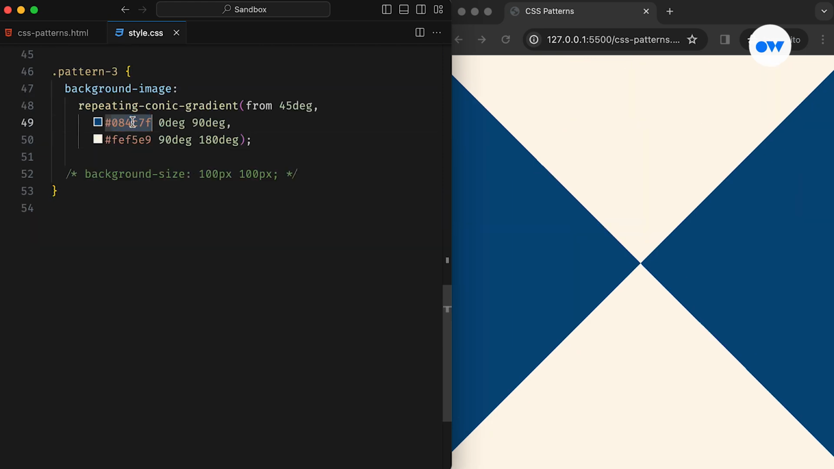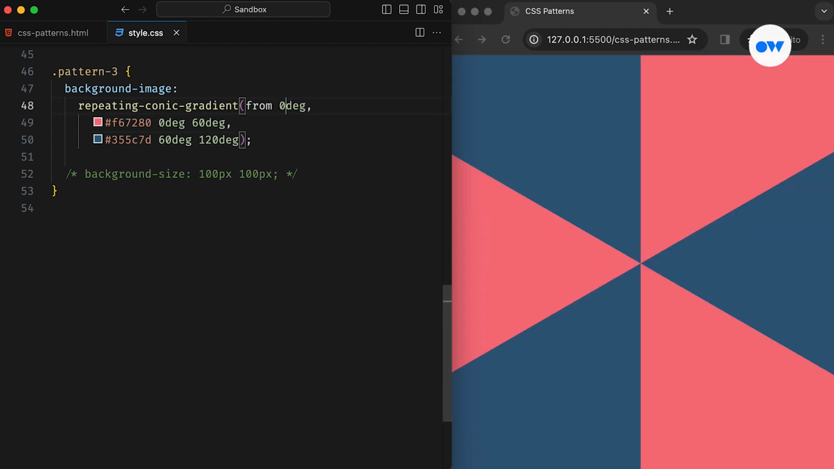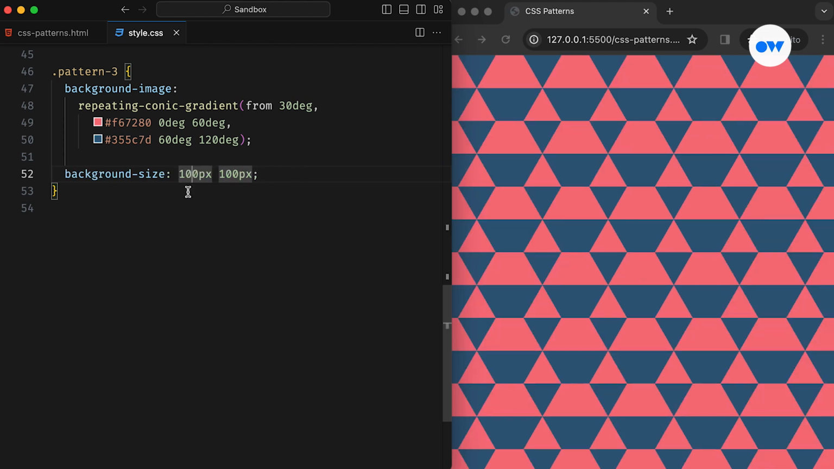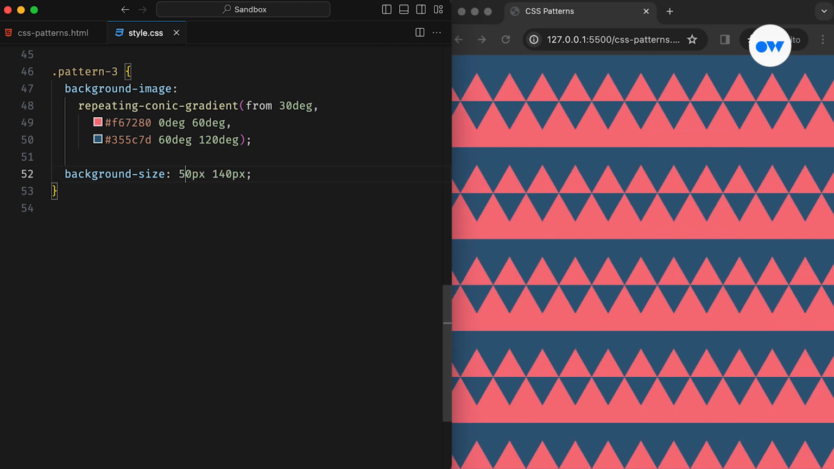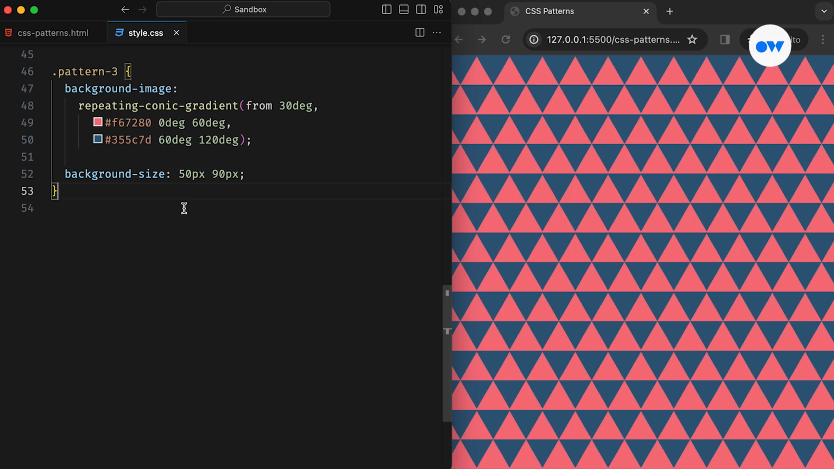We're throwing in the same repeating conic gradient, this time with a vibrant color combination. The first color stretches from 0 to 60 degrees, and the second one goes from 60 to 120 degrees. Plus, we're giving it a cool starting point at 30 degrees, which results in 6 distinctive parts, each showing its color. Remember how the background size property plays with the density? Let's dive into that magic again. By tweaking the dimensions, we unlock a treasure of awesome design patterns, a bit of resizing, and we get a